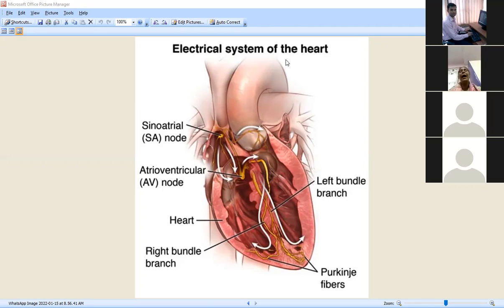The normal blood pressure of our body is 120 by 80. 120 is the systolic pressure, meaning when there is contraction, then it is 120, and 80 is the diastolic pressure, meaning when there is no contraction, at that time also the heart flows blood at 80 millimeter Hg, right? In contraction it gives 120, but at the relaxation point it also provides 80 millimeter Hg, and in this way